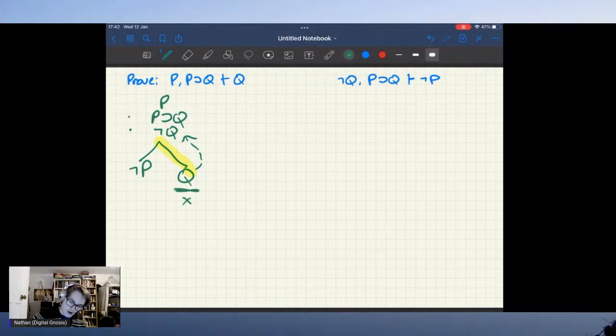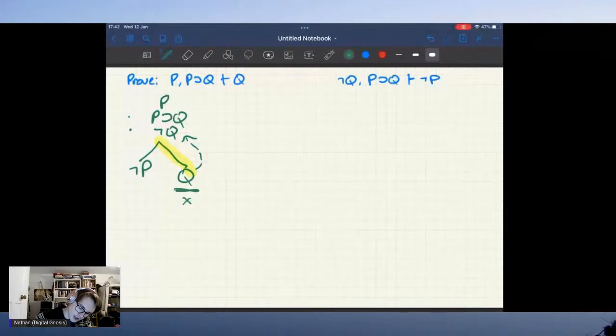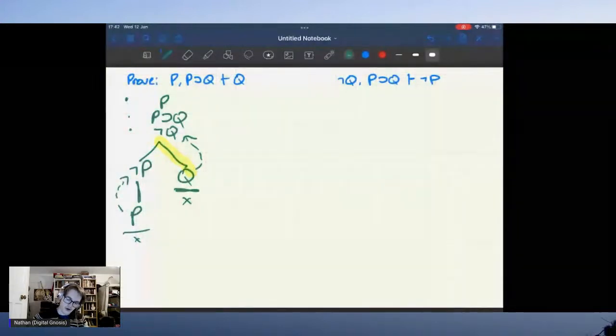But we can't do that on the other branch. Our other branch remains open. So what we're going to do on that branch is go to our next premise, and look at what we can do with that. Well, we assert P, and now we have a contradiction there as well. So all the branches are closed,